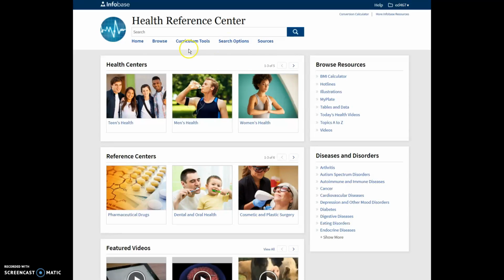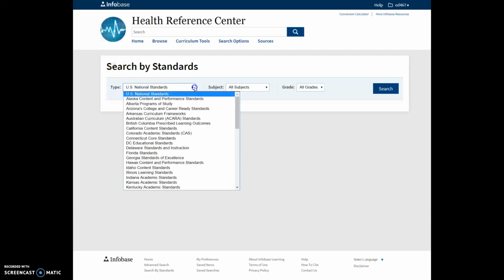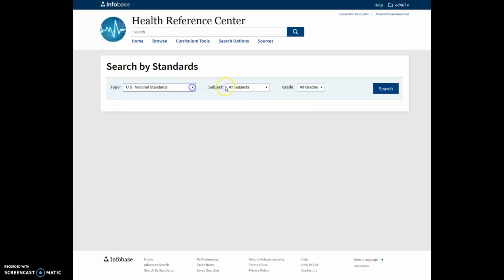Under our search options, we can do an advanced search, we can see our search history, and we can search by standards. Searching by standards is something I might want to do if I were looking for a curriculum from a certain school for certain locations and grades in the United States and Canada. And that's not how we're going to focus our research today, but it is handy to know that you can look up all kinds of different standards for subjects which are health and PE, because this is a health sciences database. And you can select your grade level and find